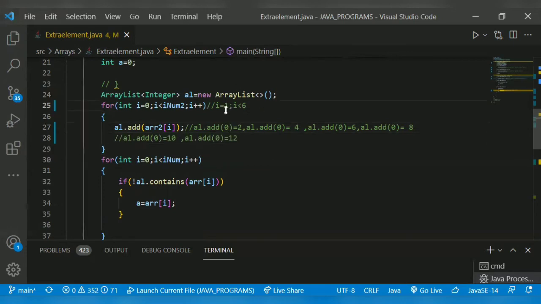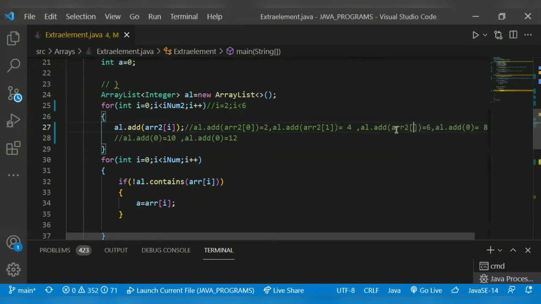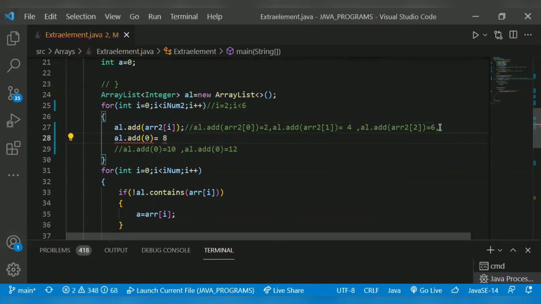For i is equal to 2, it will add arr2 of 2, which is 6. Then 8, then for i is equal to 4, which is 10.